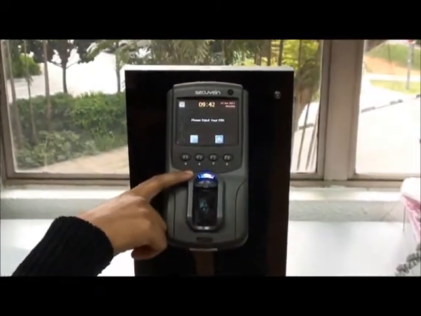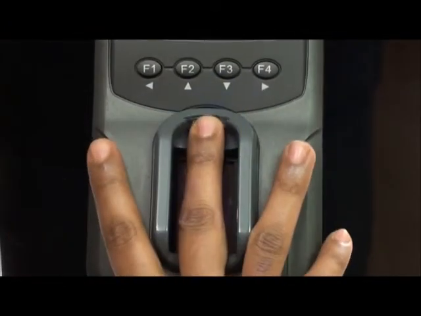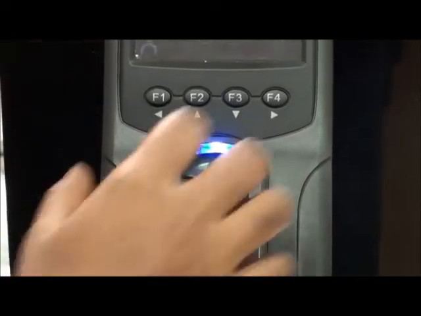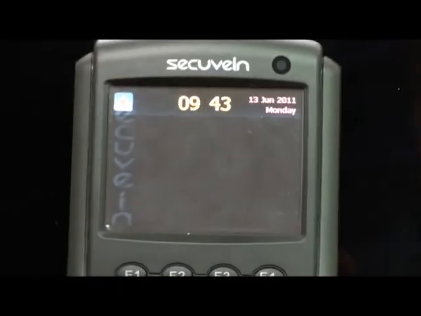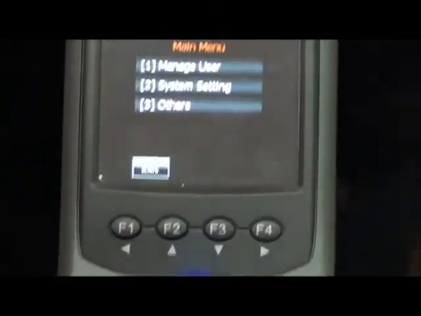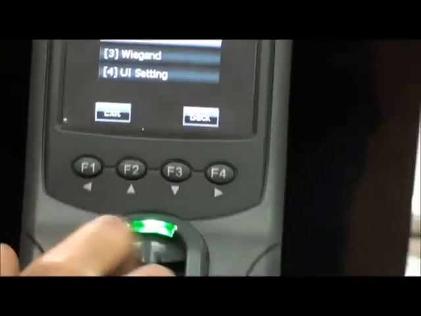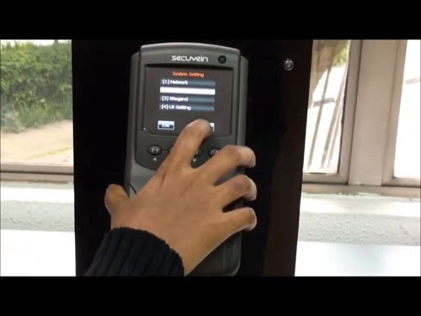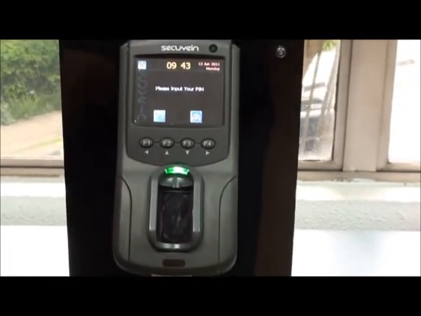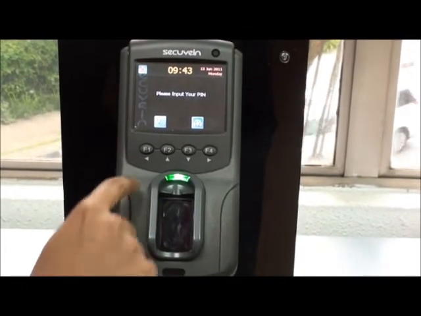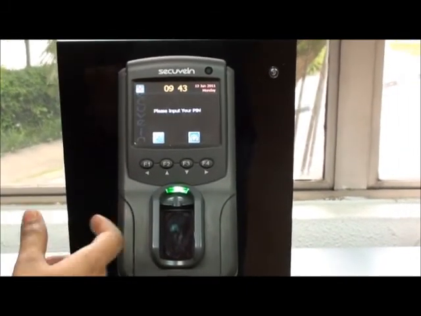When the light is blinking blue, then the device is in 1:n mode so that it can accept the finger. If we turn off the 1:n option, then the UBR light will become green. So we need to key in the user ID and then the finger. We cannot directly place the finger when the UBR light is green. This is for the 1:n function enabled or disabled.